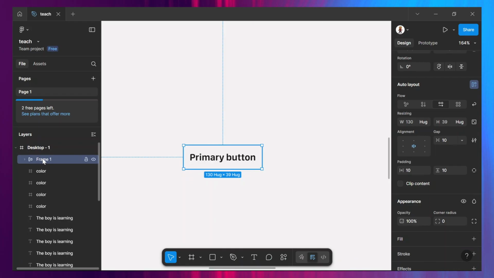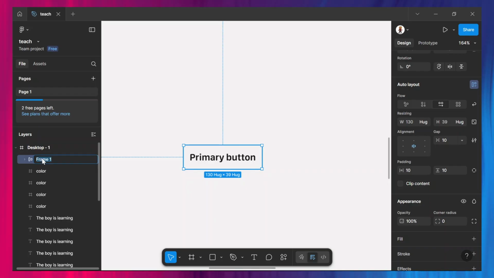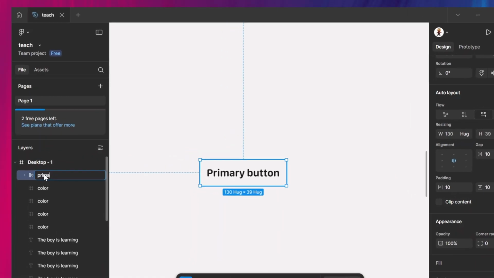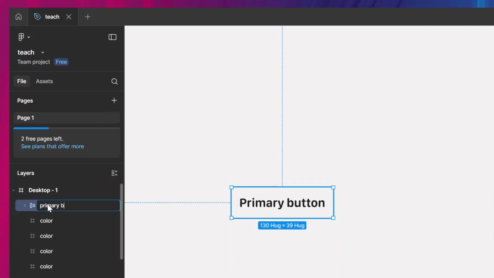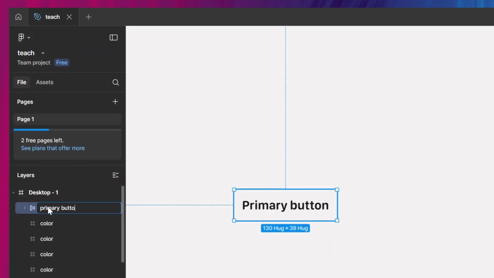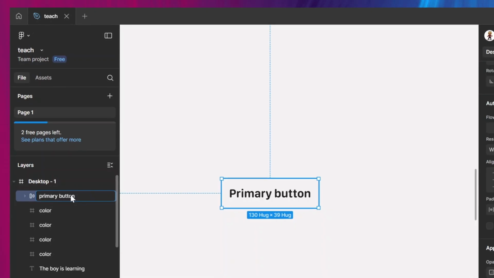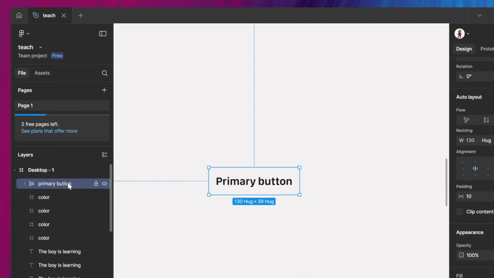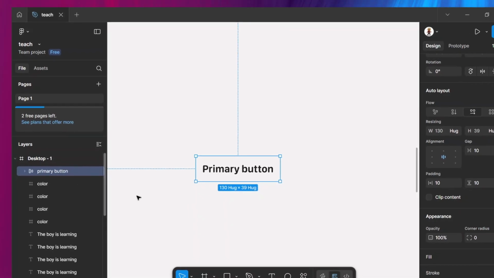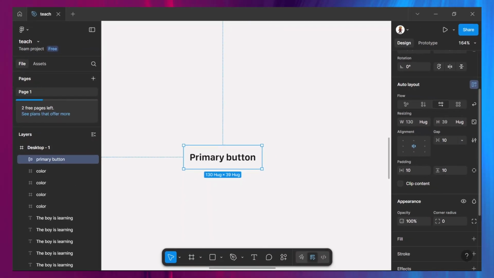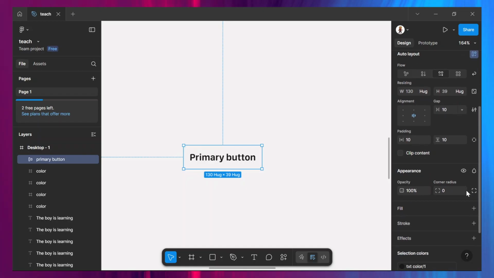Then remember, rename. So instead of frame, I'll just say primary button, or whatever. In your work, it may not be primary, but it can be whatever you choose to name it. Just renaming is just for easier access. Okay, so I have this here, and I'll have to start doing some